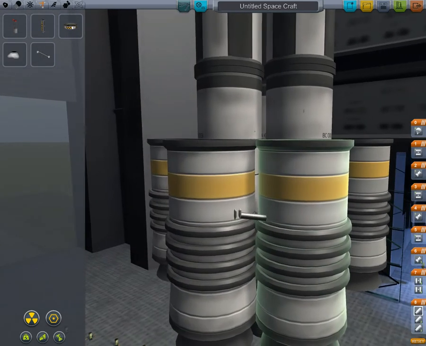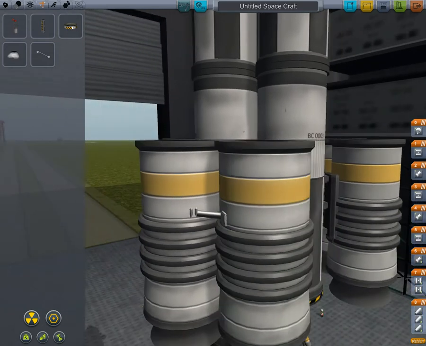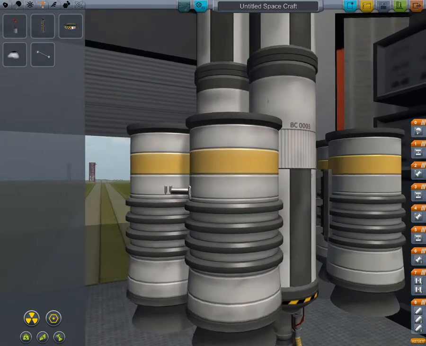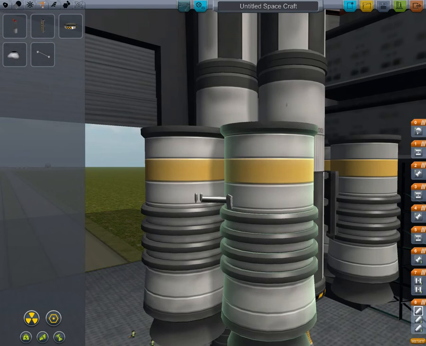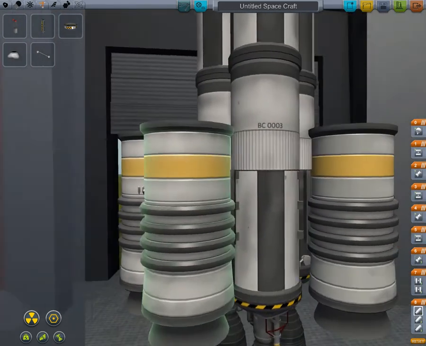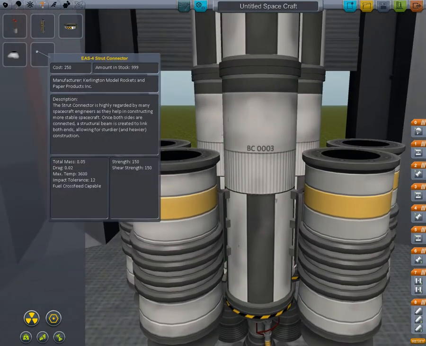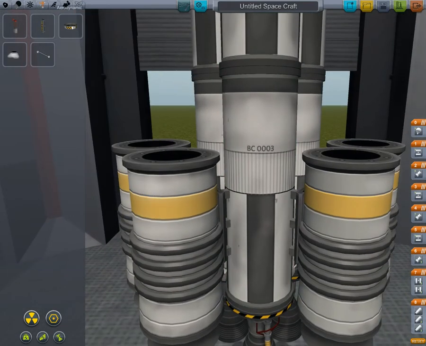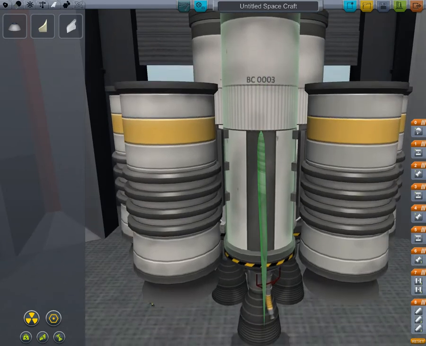Okay. And then to help these things quit flopping around, I'm going to select the stupid thing. I'm going to throw on little strut connectors. These are like glue, duct tape, epoxy, call it whatever you want. It works great to keep your rocket together. And now I need something in aerodynamics, because